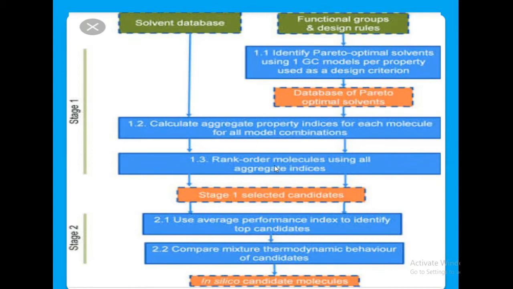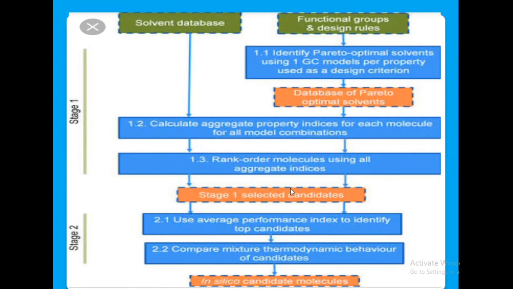The next step is to rank order molecules using all aggregate indices. You have taken 3 or 4 designs, and you can give them a rank, according to which design will be closest to reality. Give first rank to that, second rank to the next one, third rank, like that. Then stage 1 is over.